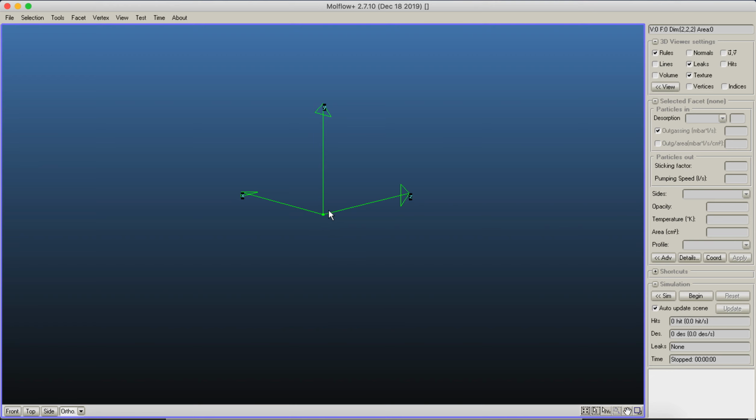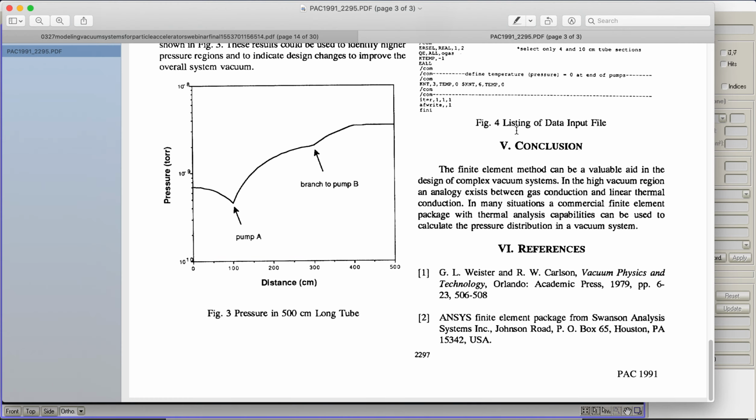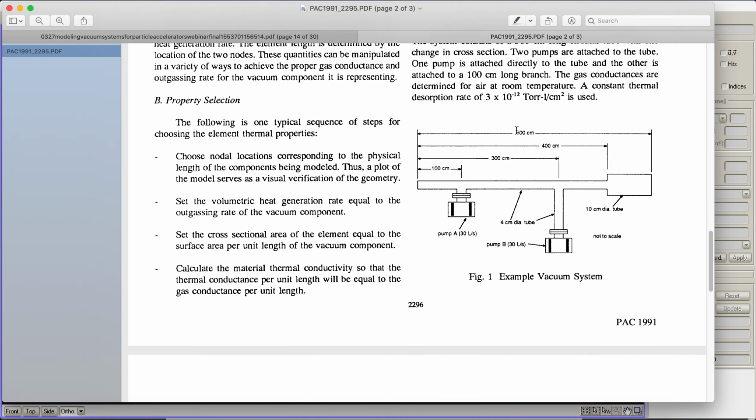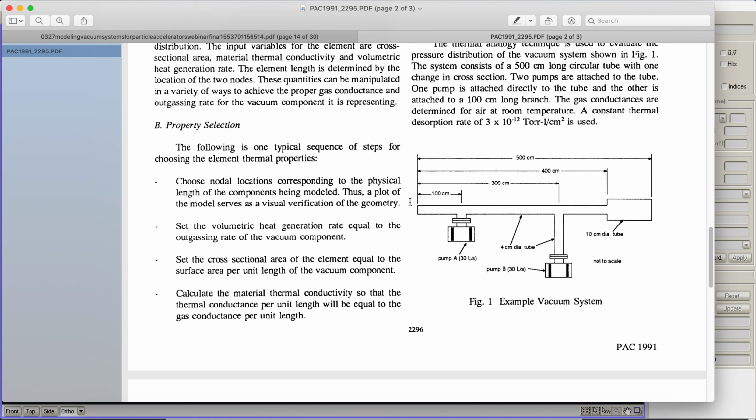And what we'd like to do, following the geometry description here, is to have a 5-meter long pipe where we connect two ion pumps. The first ion pump is 1 meter away from the entrance. The second is 3 meters away from the entrance. Then there is an aperture change from 4 centimeters to 10 centimeters after 4 meters. And finally, we've got a 1 meter long section at